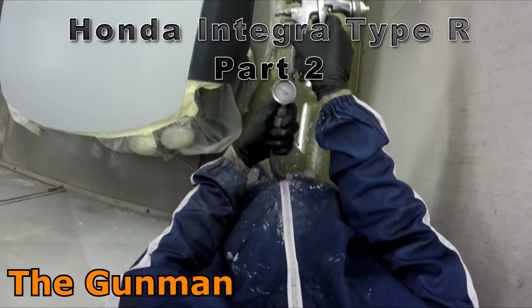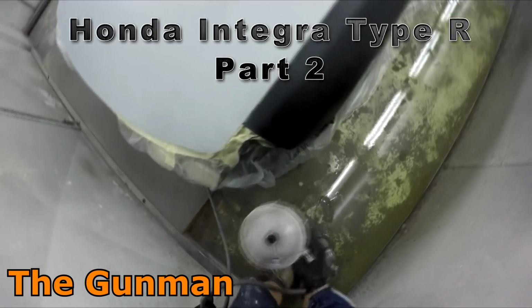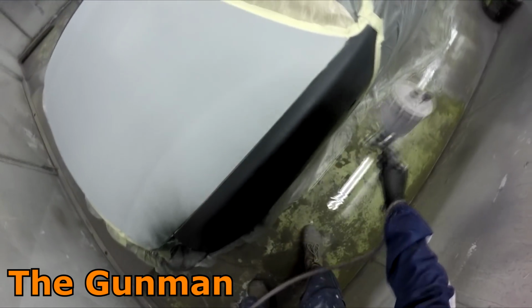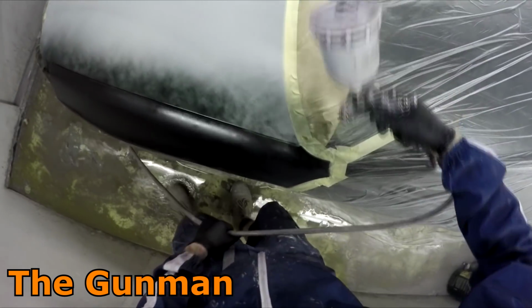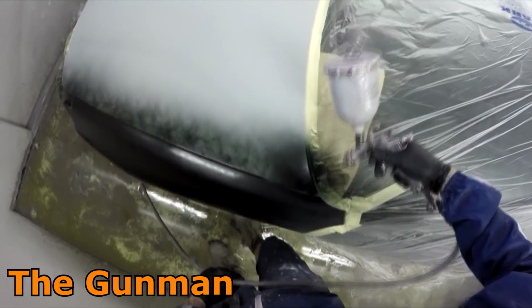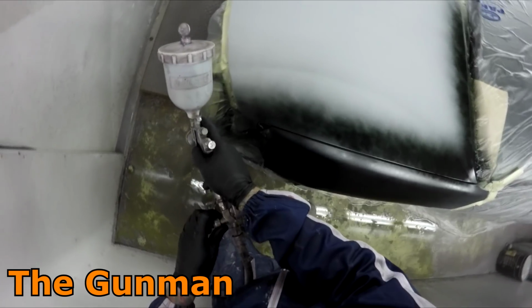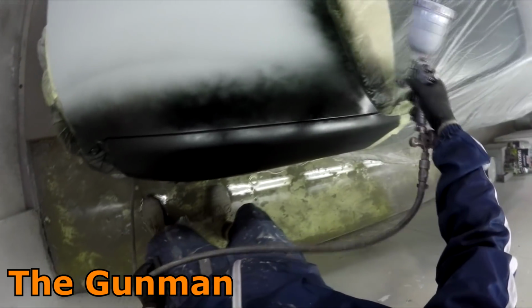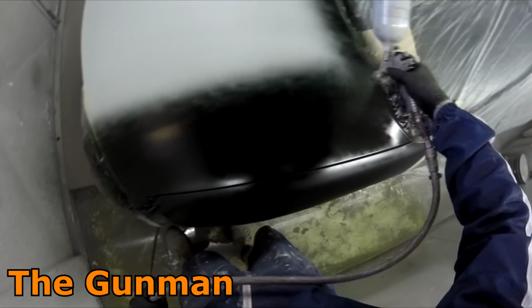This video here is part 2 on this Honda Integra Type R. The first video went right through from the repair stage to primer, also prep work. We then got it in the booth, masked it all up, wiped it down with wax and grease remover, and tack ragged the entire car down. I've then got the base coat color mixed up to a 1:1 ratio because it is the Concept Mix base coat. The gun I'm using for this video here is the DeVilbiss SGK 600 BV with a 1.4mm